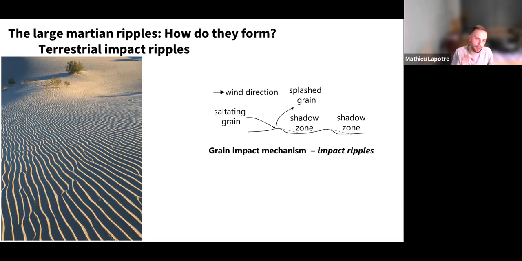Now, before we knew that small ripples also existed next to the large ones on Mars, it was actually thought that perhaps the lower gravity and atmospheric pressure on Mars led to longer saltation trajectories, and thus potentially could explain the longer wavelengths that we could see from orbit through a similar mechanism to these impact ripples. However, this single mechanism cannot explain the co-occurrence of both scales of ripples if they form in unimodally distributed or well-sorted sand.